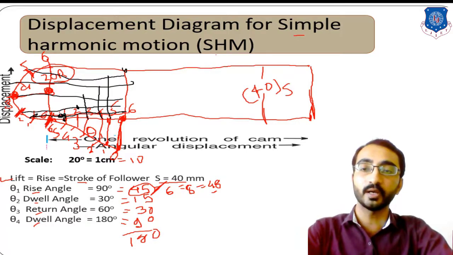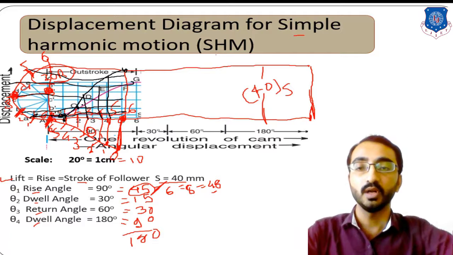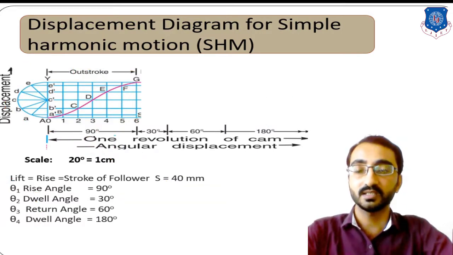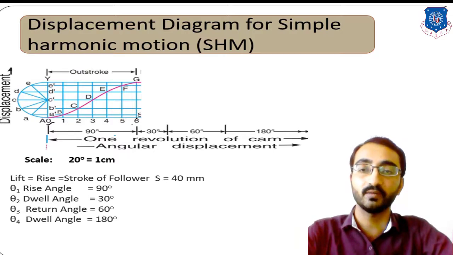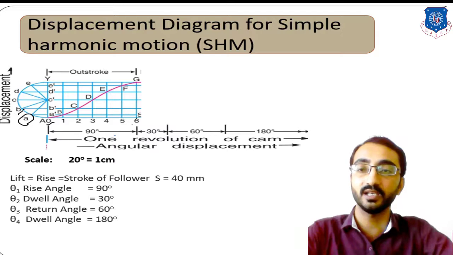Now by joining these different points you will get a curve like this, which represents the simple harmonic motion. If you sketch this properly, then your arrangement will look like this: 0, 1, 2, 3 and 6 equal intervals on the horizontal. This division is notated over here as B, C, D, E, and your reference points will give you the final points, that is capital A, B, C, D, E, F and G.